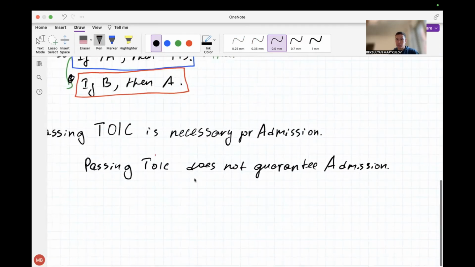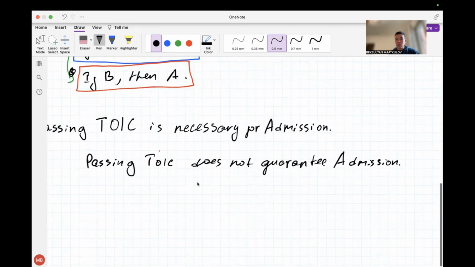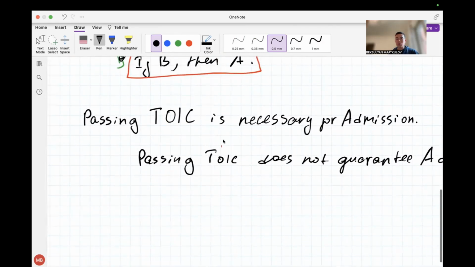And this is true, right? Passing TOLC does not guarantee admission because you also need to pass, let's say, IELTS or TOEFL. You also have to write a motivational letter. You also have to have a good GPA, right? You could also have other necessary conditions, not only TOLC, but